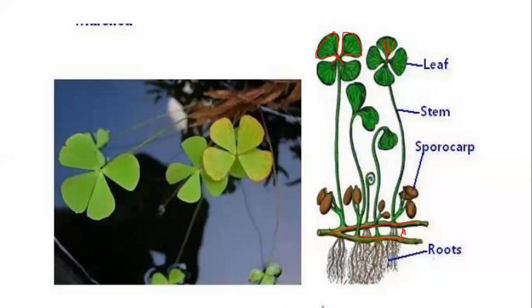Now, after that, we can see here during the reproduction, from the base of the petiole, you can see some bean-shaped structures which are arising over here. These are called the sporocarps. Now, these are organized from the base of the petiole. They arise from the base of the petiole. Okay. Now, these sporocarps are the structures which are going to produce the spores at the time of reproduction. Okay, so they will have a stalk. So with the help of the stalk, they are attached to the